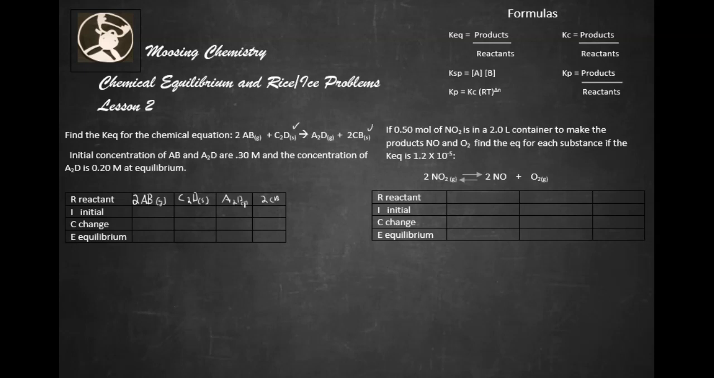Alright, now, first things first. The solids, can't use them. So we're going to put X's in them. We're basically throwing them out. It says that AB and CB are both 0.30 M on our initial. The concentration at equilibrium for this is 0.20. So to get from 0.30 to 0.20, we have to have a minus